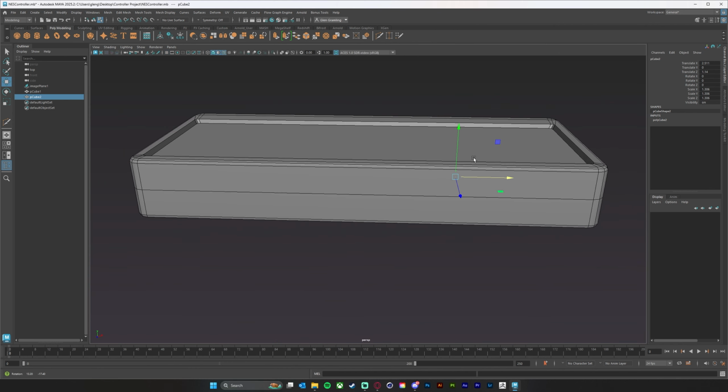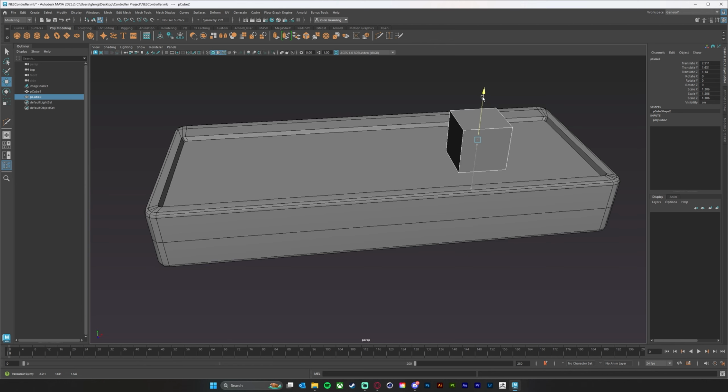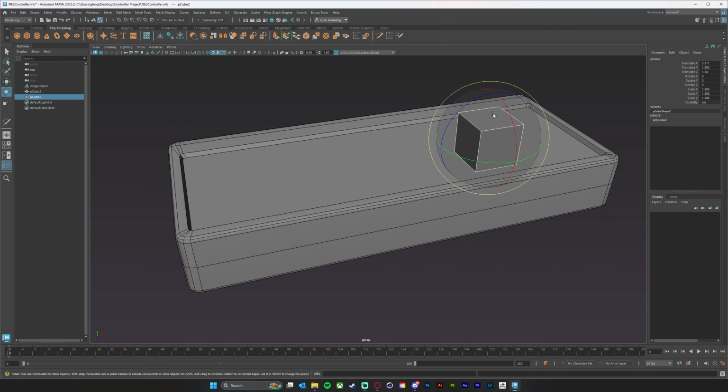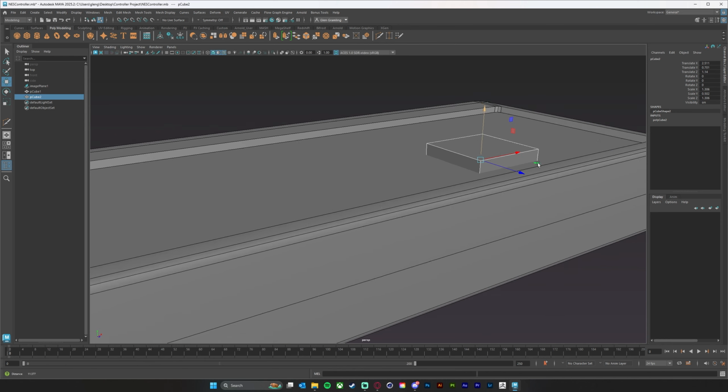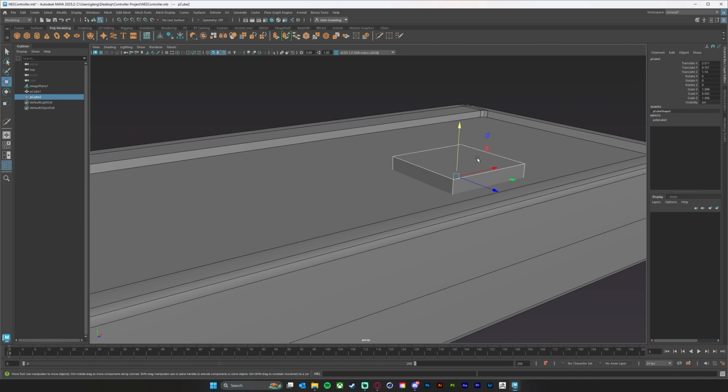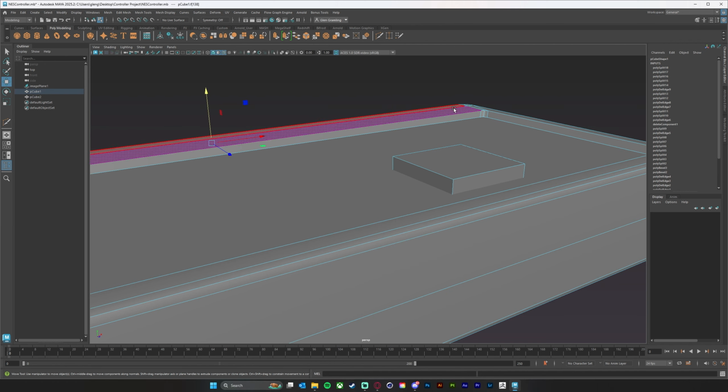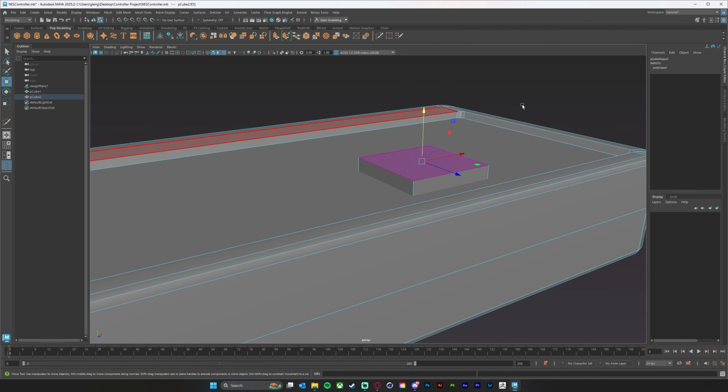Let's jump over to our perspective view. I'm going to scale down this cube a little bit and move this into position here like this. And I basically want the top of this cube, so I want this face right here, to be the same height as this face right here. So I want the top of my cube for this island to be the same level as this one here. So to do that, I'm going to grab that face,